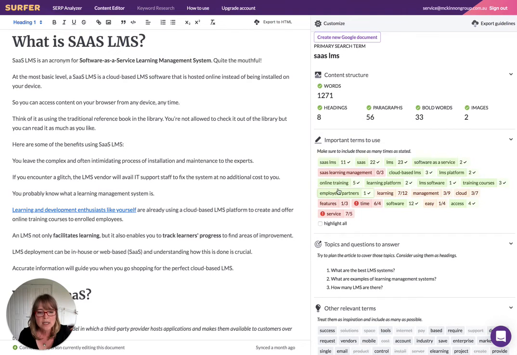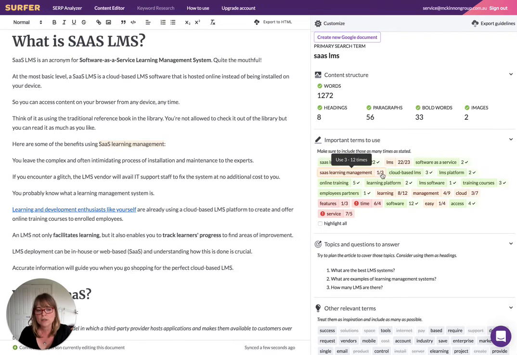And so what you do is you essentially say SaaS learning management. You'll see this 0 out of 3 change, SaaS learning management. See how that goes from 0 out of 3 to 1 out of 3. And so, I'll put in so you can see 22 out of 23. How do I get that to be green? Now it's green. So we're running experiments at the moment where we're taking some of our content and we're following exactly what Surfer SEO's recommendation is, and then we're going to watch the rankings. And again, Rob has already done this process, and he said a lot of his stuff has changed in ranking, so I think it's well worth a try.